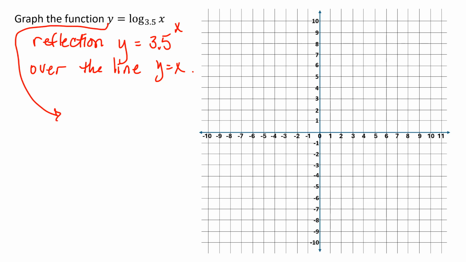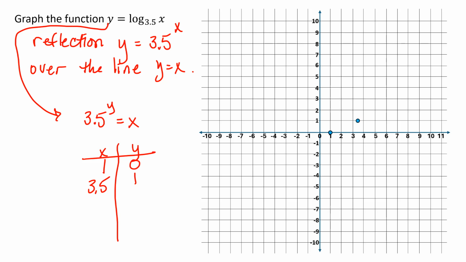And for me, it just is more comfortable to change that logarithmic form to exponential form. So base to the power equals number. So we've got x equals 3.5 to the y. So again, when you put in 0 for y now, you get 1 for x. And if you put in 1 for y, you get 3.5 for x, and so on. So you get the point (1, 0) and the point